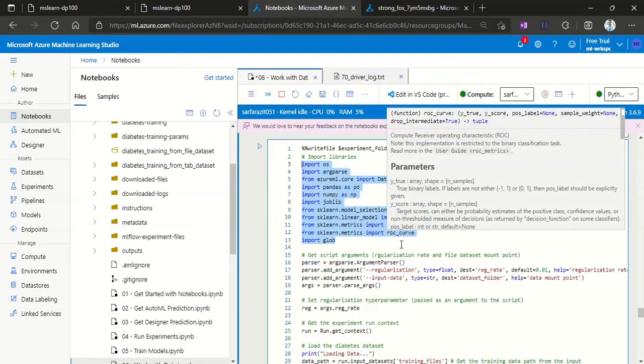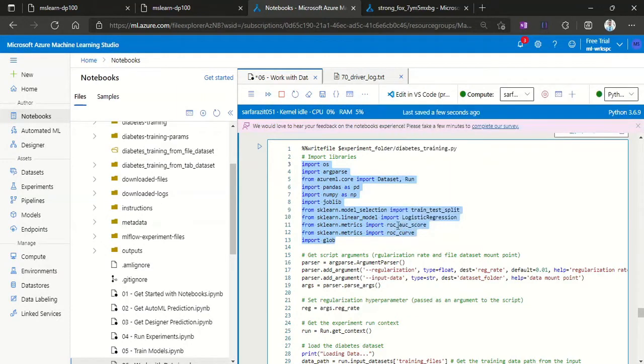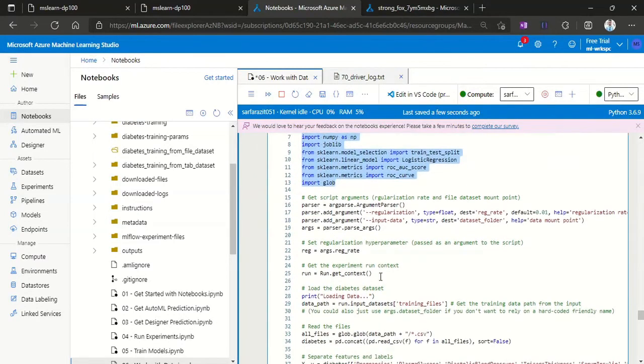Do the ROC curve and then the ROC AUC score. All these kinds of steps we are going to take. Okay,